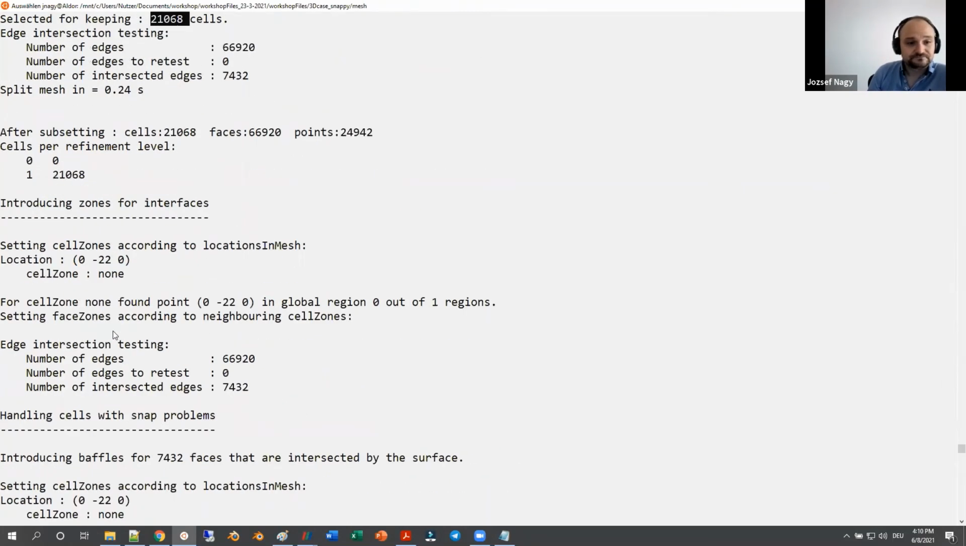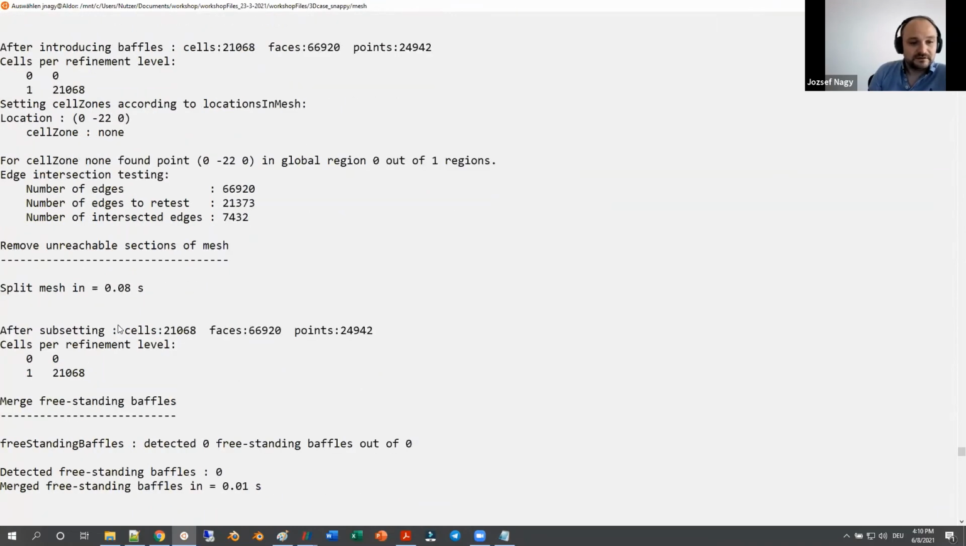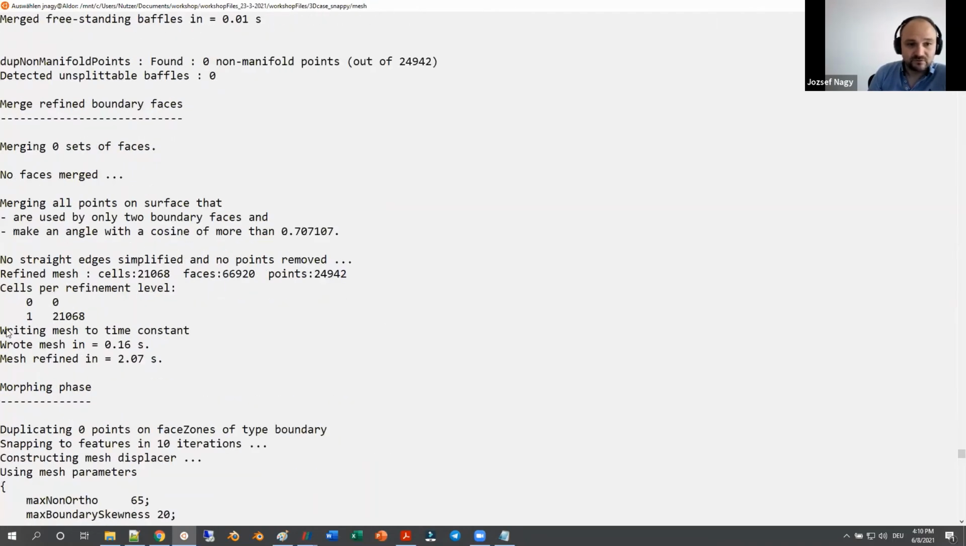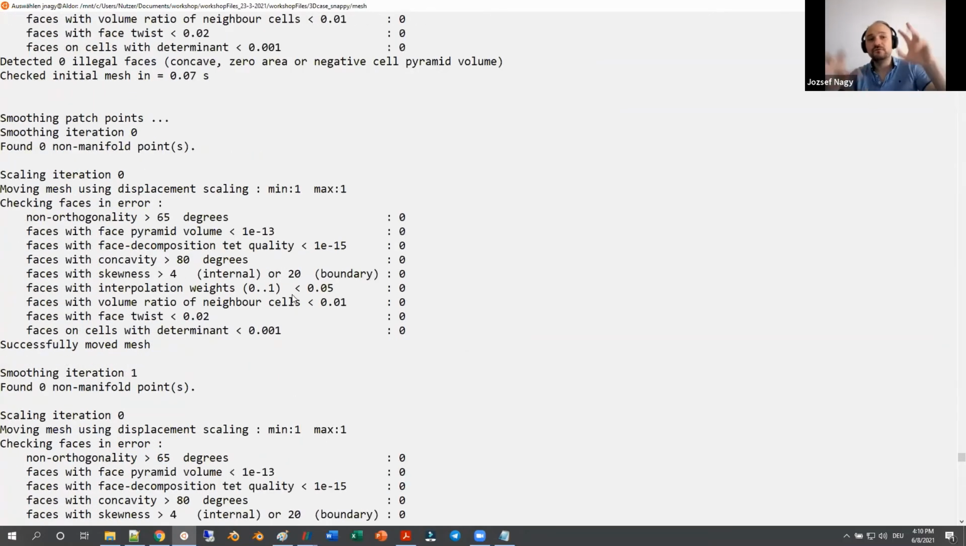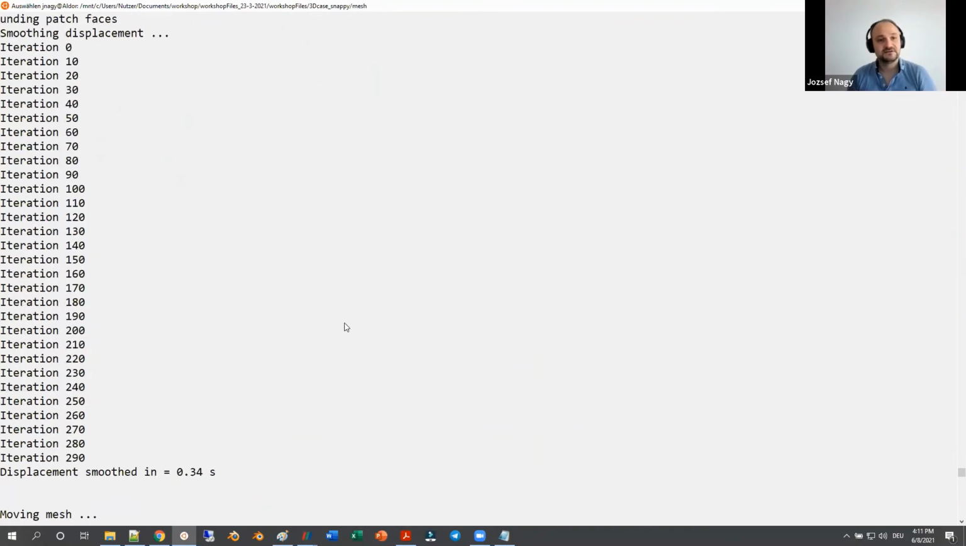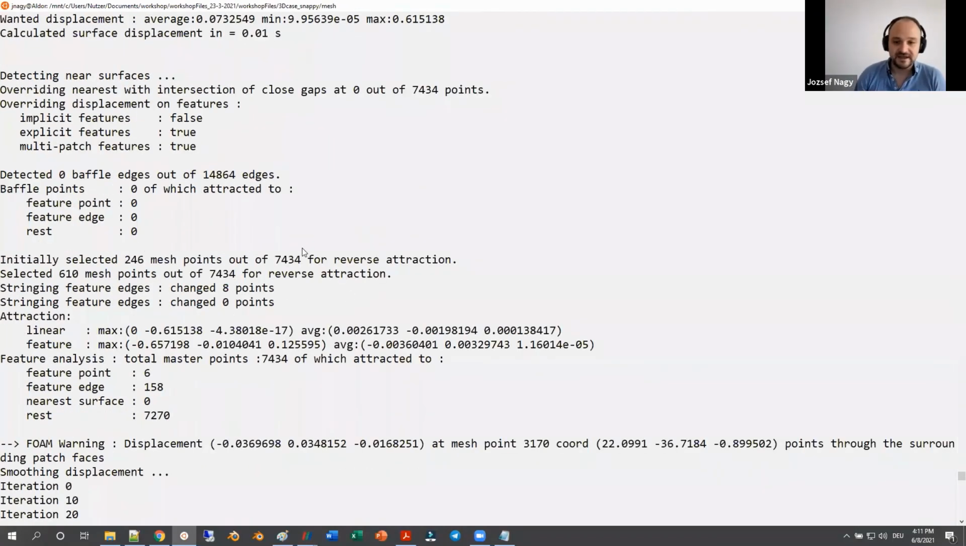And then, yes, so 21,000 is what we end up with. And then we write the mesh of the first step. And then we go into the second snapping stage where we move the cells closer to the STL files. So this is really what all this fuss is about. And then in the end,